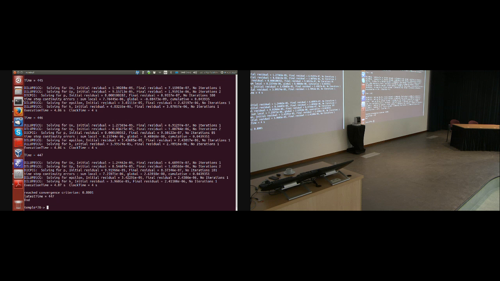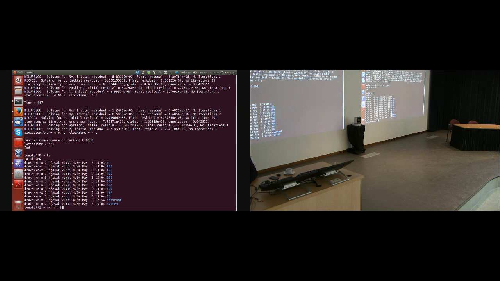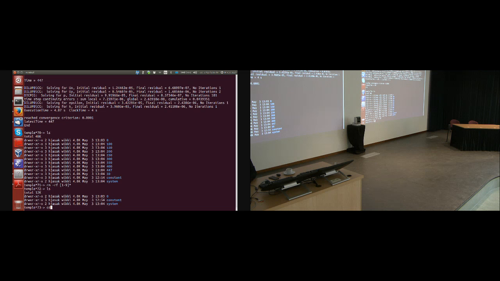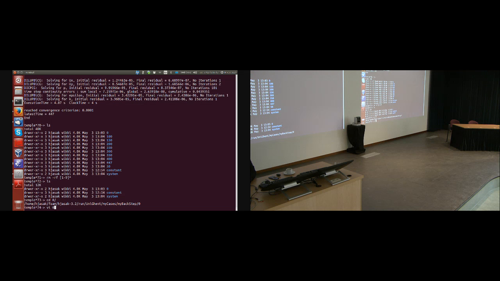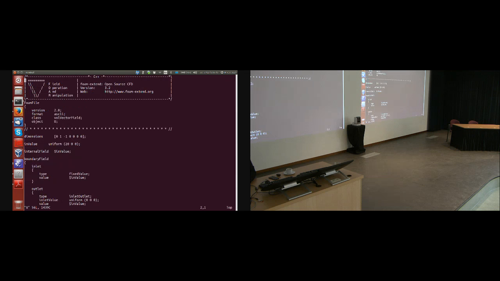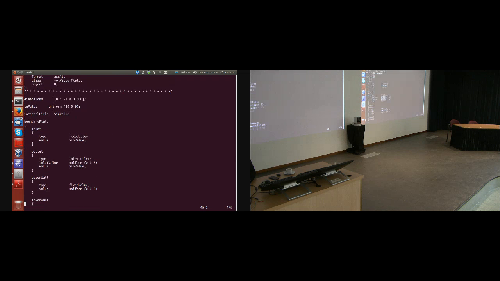So now let's make some deliberate mistakes, find out what the code says, and figure out where the error comes from. Are you ready? Okay. So what I'm teaching you here is to read the error messages. So first I will edit 0/U, and here in the upper wall value,